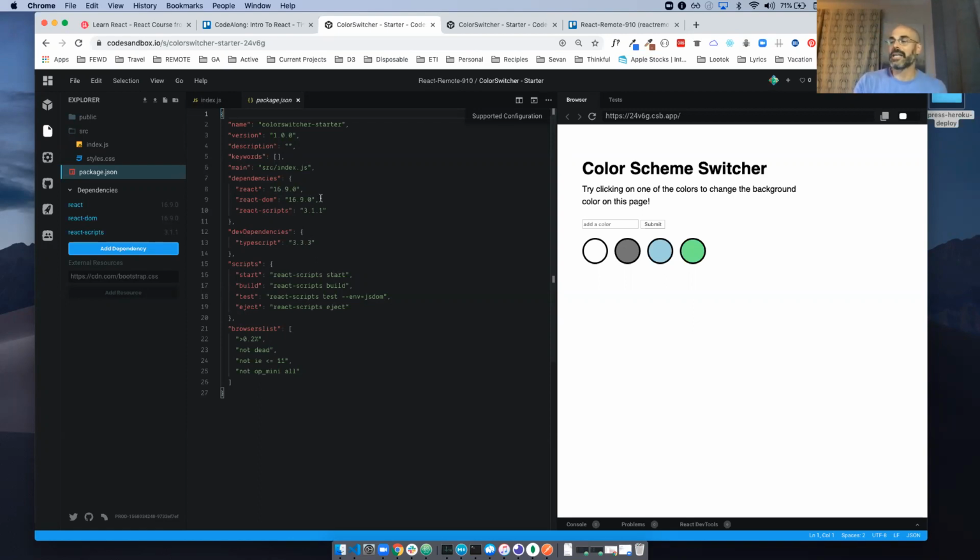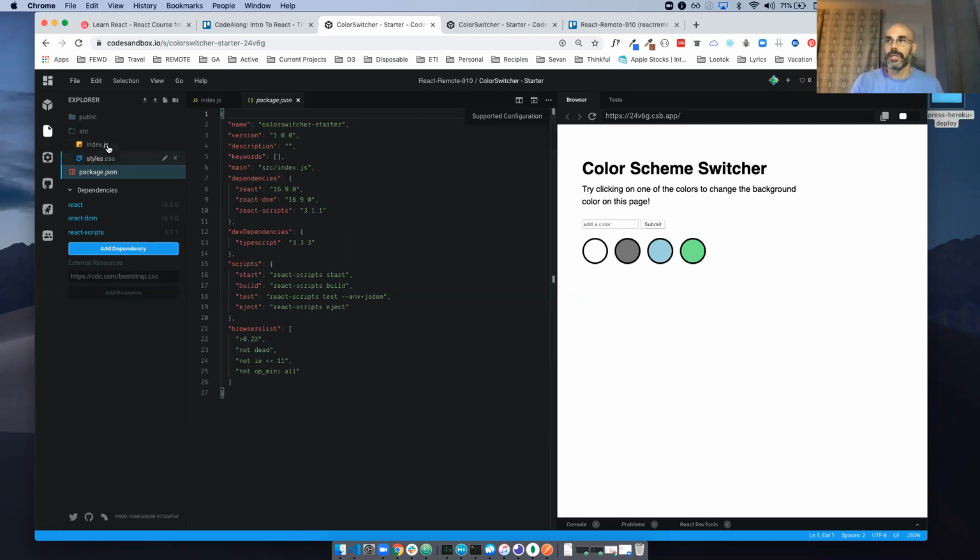So React, React DOM, and then React scripts. And React scripts is just something that's going to run under the hood. We don't really have to do anything. Just use the tool, the thing spins it up, everything works. But then the React scripts are down here that would get run if we needed to. Once again, we don't really need to do anything. I just wanted to tie in the fact that these JavaScript libraries are the things that this thing depends on, okay?